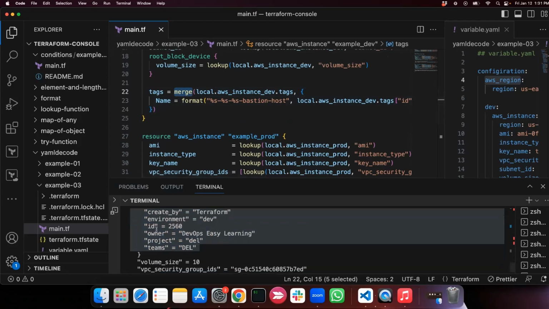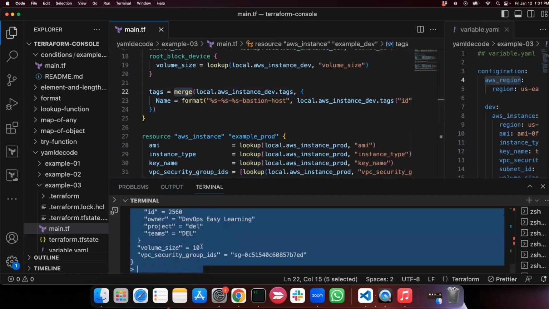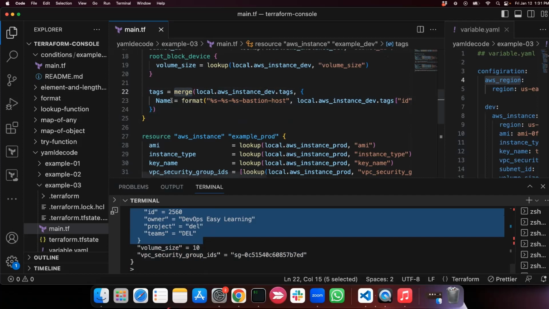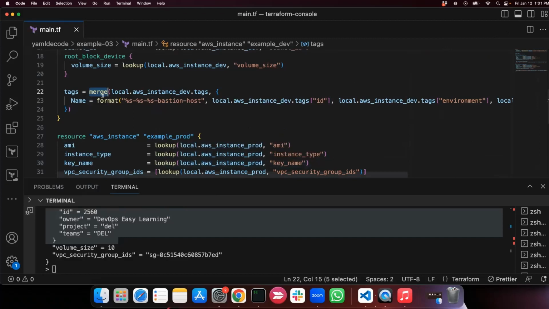Within this tag that I defined right here, I want to add a new tag, and that tag will be name, and name will equal what? This is how I'm going to do that. Okay, let me close all this, and let me also close this. I will go ahead here and say merge